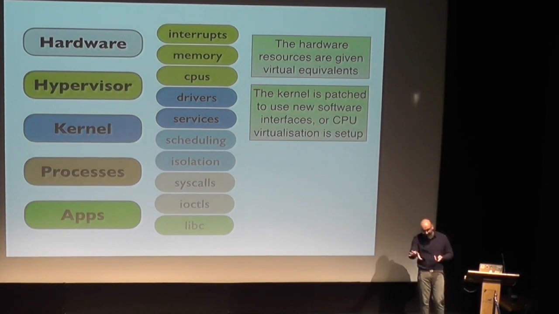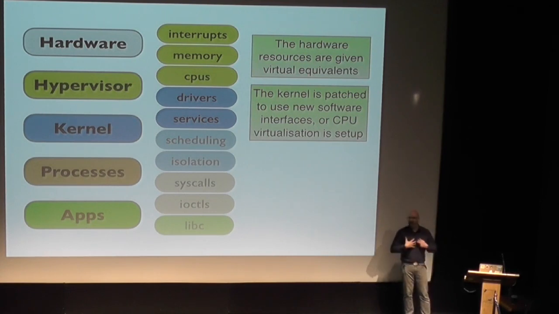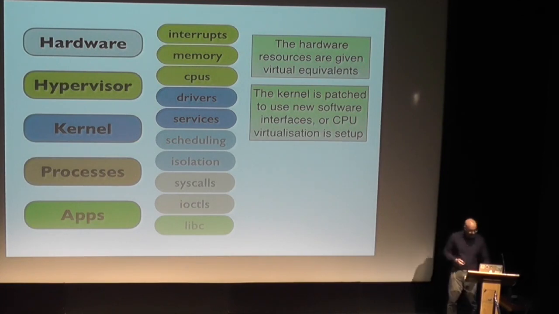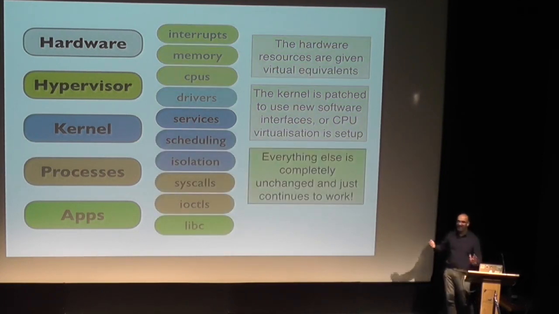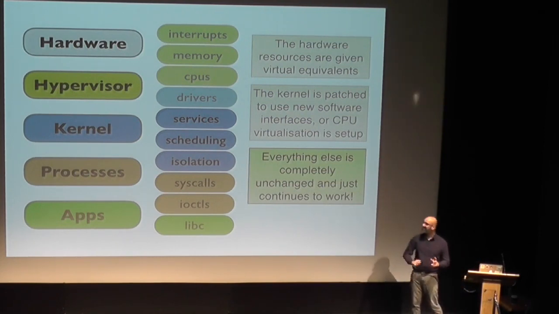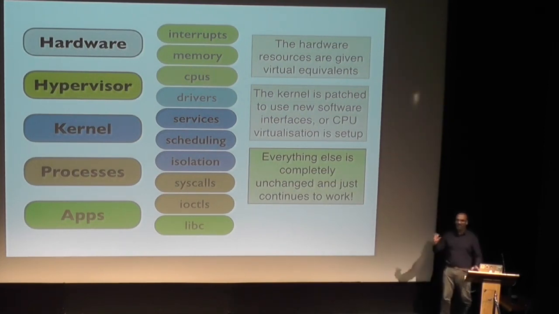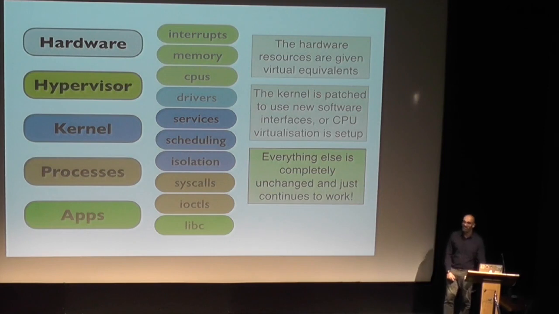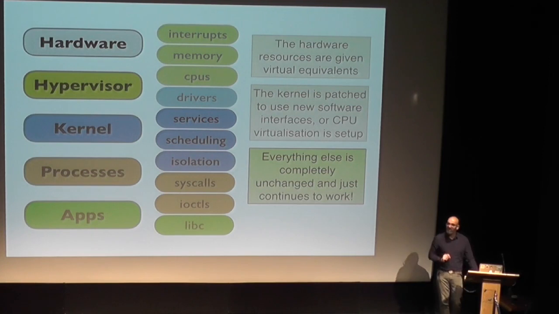And then this way, instead of having to deal with all kinds of complicated traps and emulation and so on, Linux just told us when it needed some resources at the lowest level of manipulating its address spaces, and Xen would just deal with that, and it would multiplex them and make it all run. This is a technique known as paravirtualization. And the reason it became so big is that everything else is completely unchanged and just continues to work. So your applications run in a virtual machine, and by and large, you're running on the bare metal, and they're supplying just enough information to continue their operation, and then you can figure out how much of the memory they're using, and then give it more virtual machine resources as required.